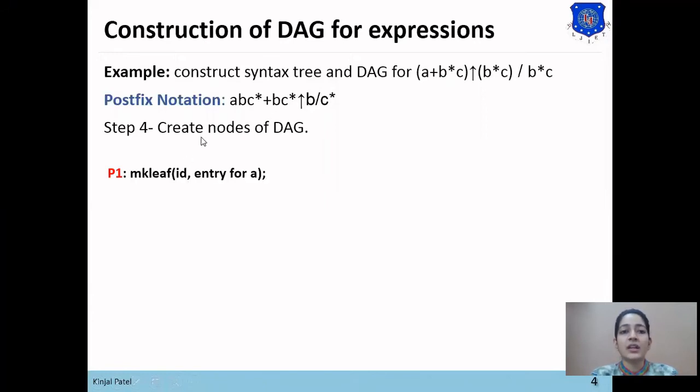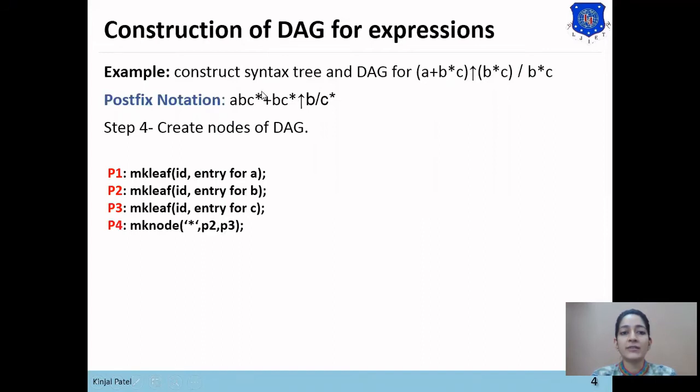First, A is the operand, so for operand A there will be the P1 node. In the P1 node, the makeLeaf function is used to make the entry of A. The next operand is B. To create the P2 node, the makeLeaf function is used to make the entry of B, and the third function is for the entry of C, so it is used to make the entry for C. Now the fourth function is for star.